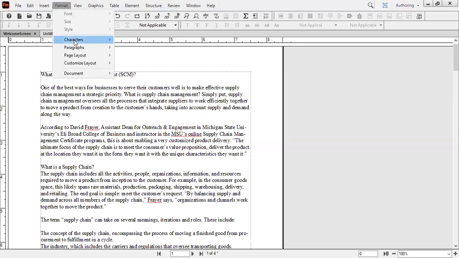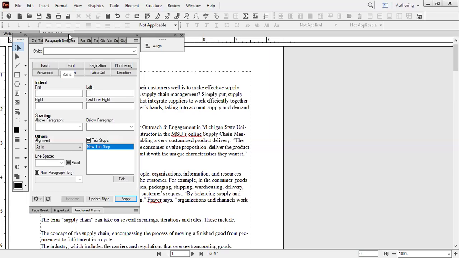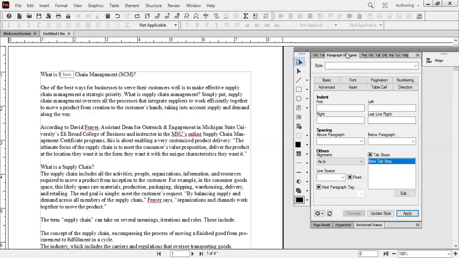format, paragraph designer. In paragraph designer, I'm going to give it as head 1. Oh no, I have to give chapter title. Subtitle, basic,